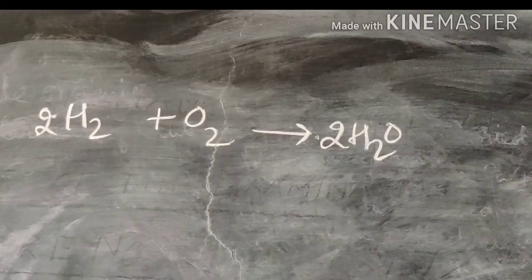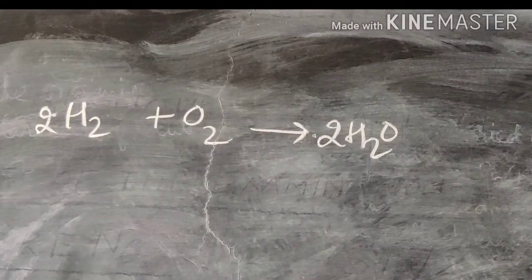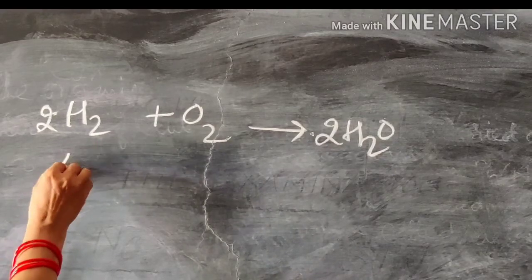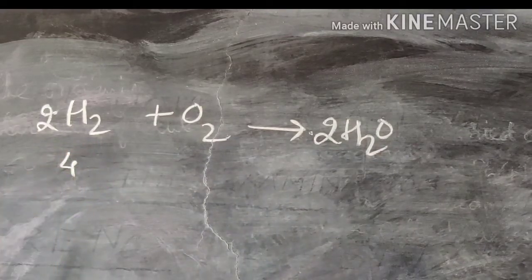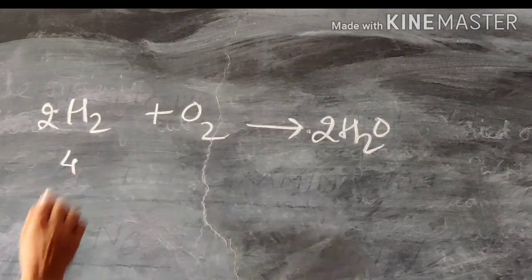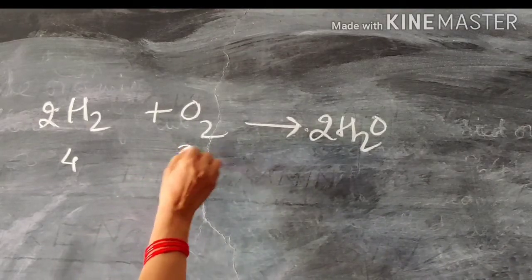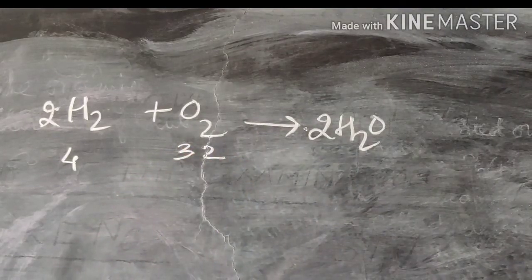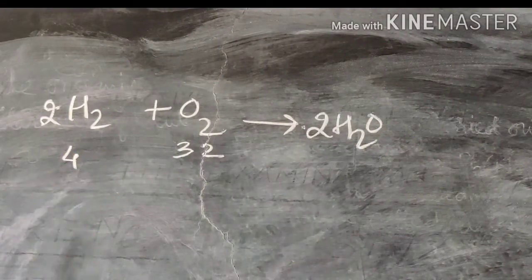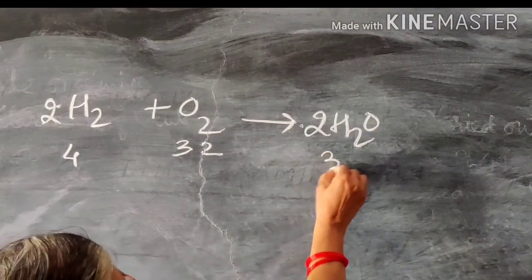Now we take another example, that is the relation between hydrogen and oxygen. Now here, according to the equation, we are using 4 gram of hydrogen. Atomic mass of hydrogen is 1, and that's why there are 4 atoms of hydrogen, so mass will be 4 gram. Now the oxygen, the molecular mass is 32 gram, because atomic mass of oxygen is 16 gram. So when we take 4 gram of hydrogen, then it means 32 gram of oxygen, and you will get 36